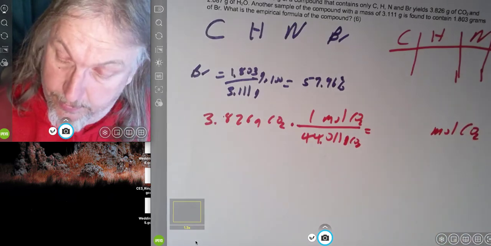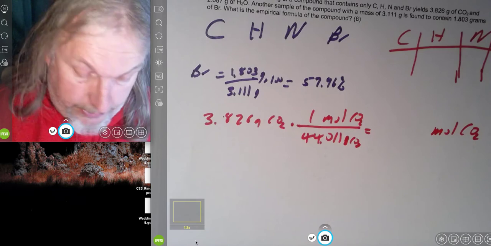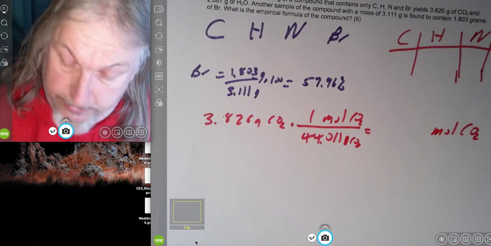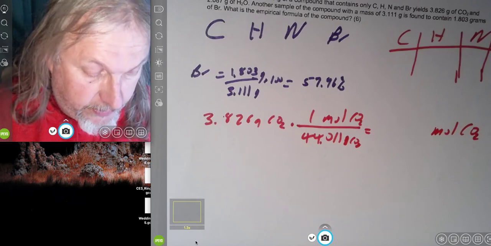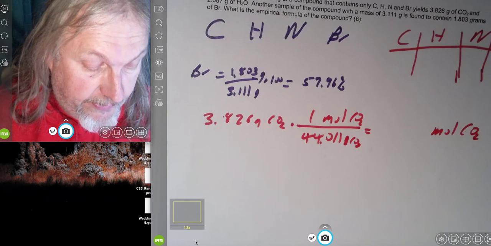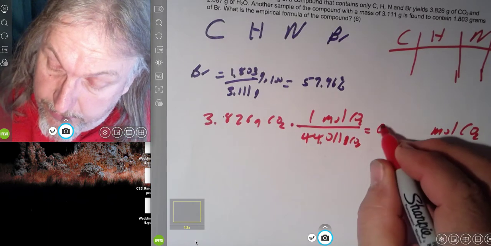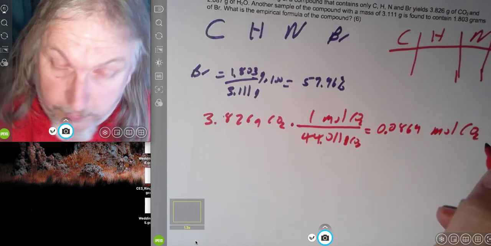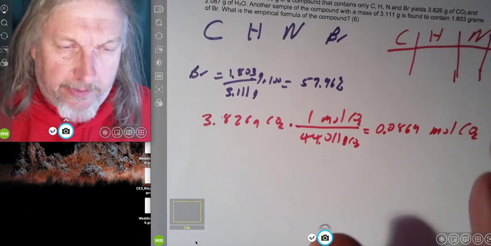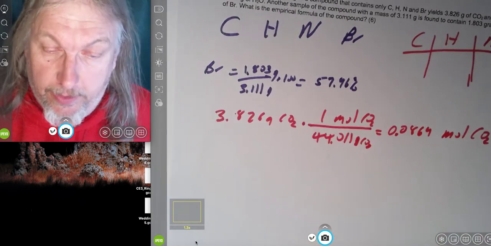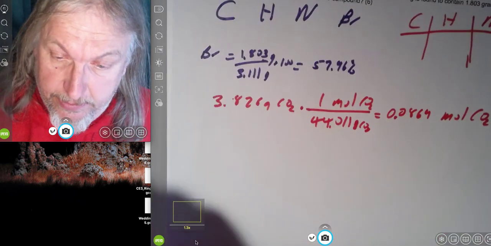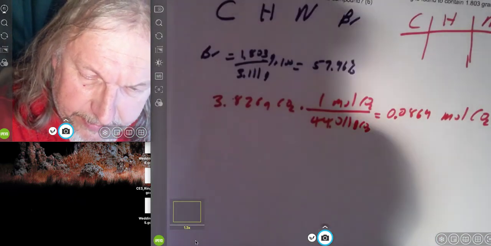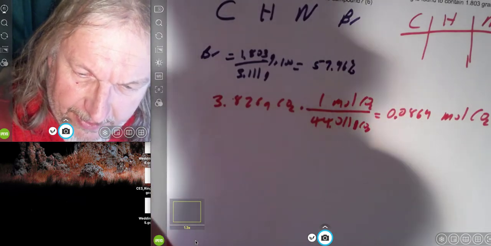So that's 3.826 divided by 44.011. That's going to give me 0.0869 moles of CO2. Let's leave that alone for right now. Now we know from combustion analysis that if I have H2O,